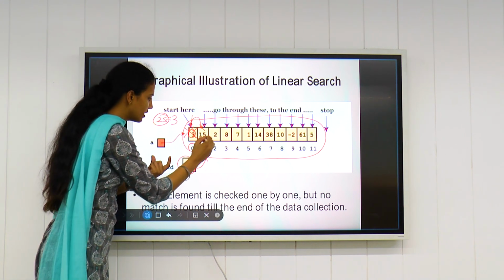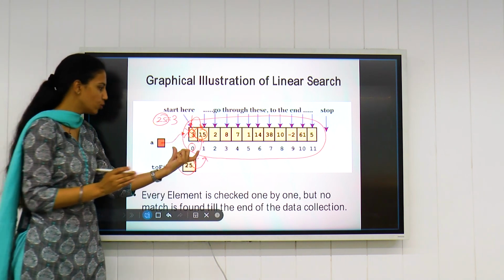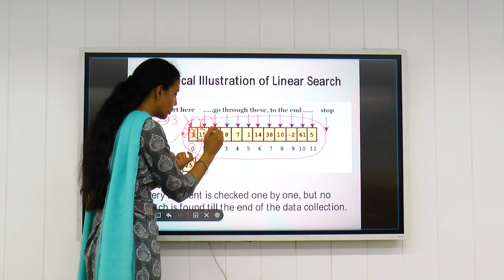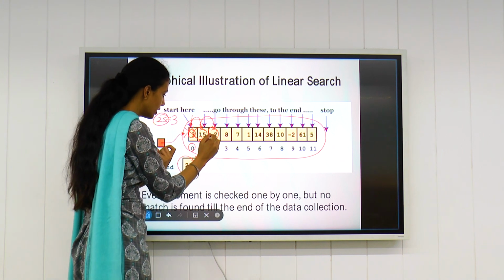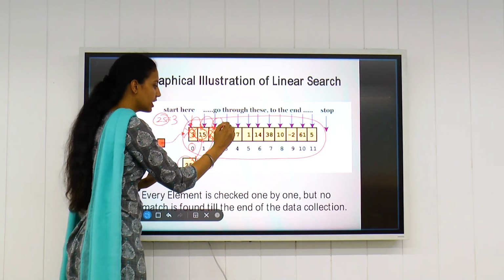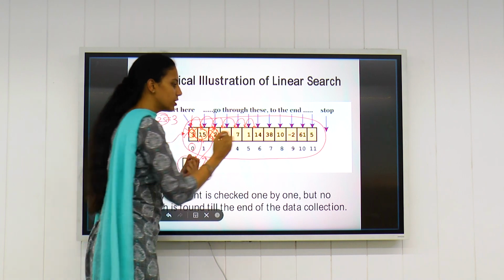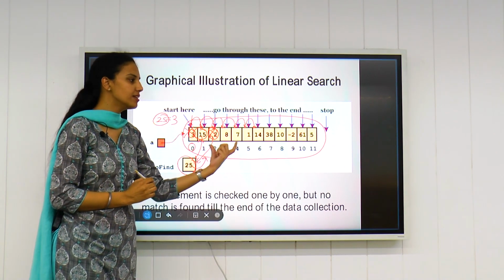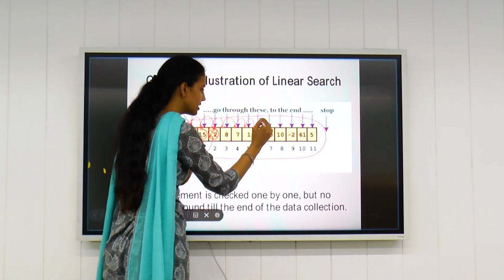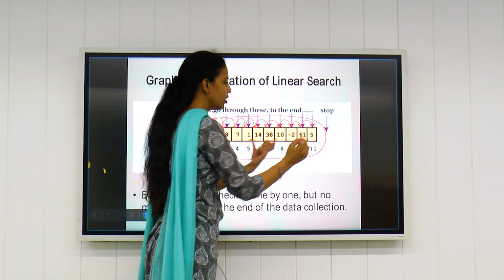We'll check whether 15 is equal to 25. Again, 15 and 25 don't match with each other. Our pointer will shift to the next position, that is 2. We'll again check, is 2 equal to 25? It is not equal, our pointer will shift to 1. So we'll keep shifting our pointer one by one to the next position to search whether our element exists in this list of elements or not. Since 25 does not exist in the list, our pointer will keep moving and at one time will come to the end of the array.